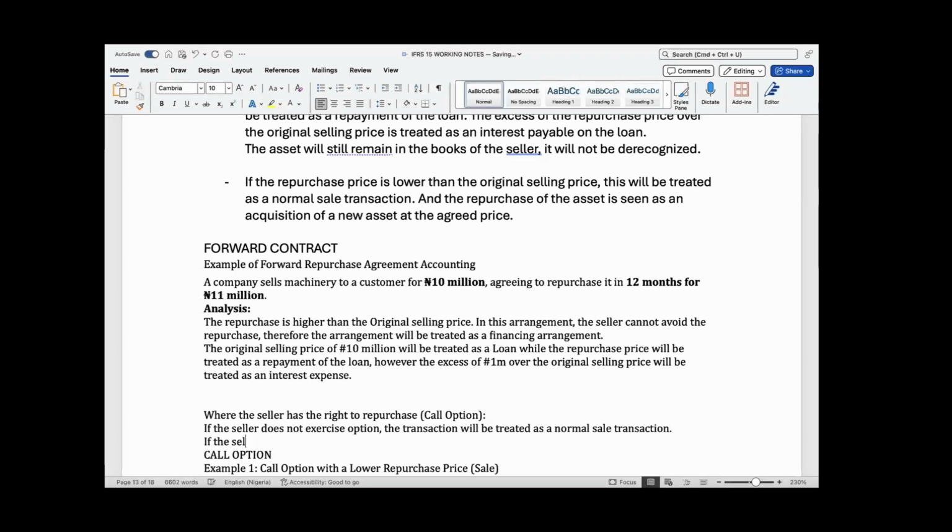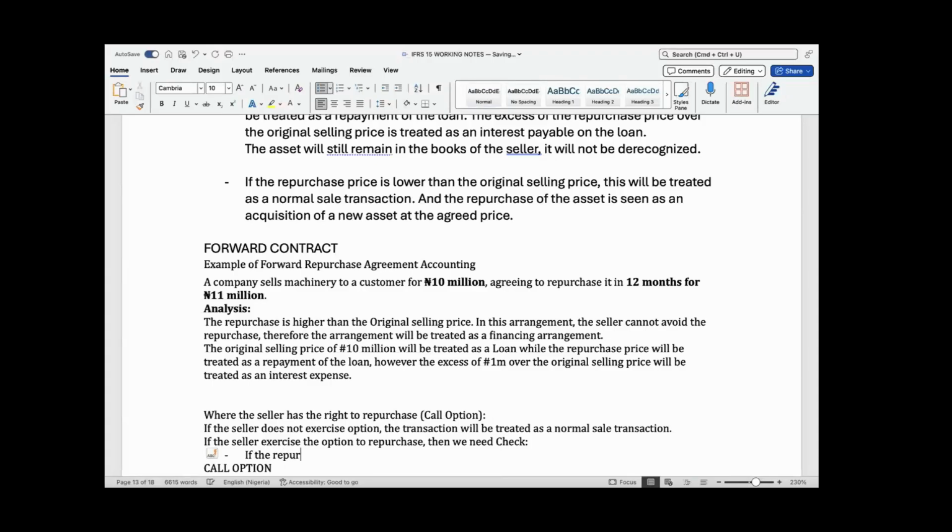But if the seller exercises the option to repurchase, then we need to check